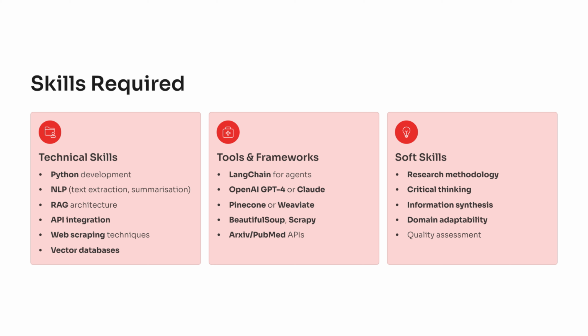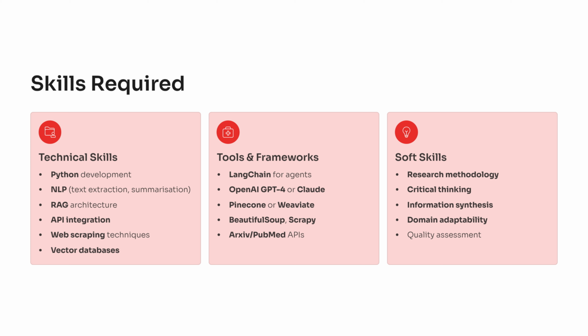To build a research automation agent that feels genuinely helpful, you need a balanced mix of technical and analytical skills, and each one maps directly to real career expectations. You start with Python because every part of this system depends on automation scripts. Then you move into NLP techniques such as text extraction, chunking, and summarization, since research papers are dense, unstructured, and